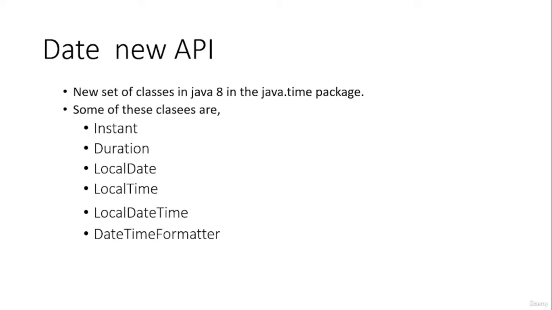Finally, we will discuss DateTimeFormatter. DateTimeFormatter is a class which allows formatting of dates according to our requirements. We can specify whatever format we want, with slashes or with hyphens, in the DateTimeFormatter and we'll be able to format the specific date. So that is the theoretical section on date time. Now let us see some practical programs based on the date APIs.